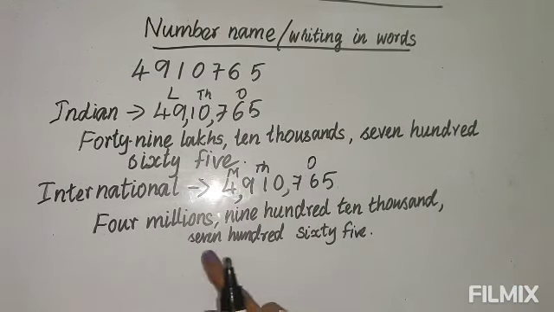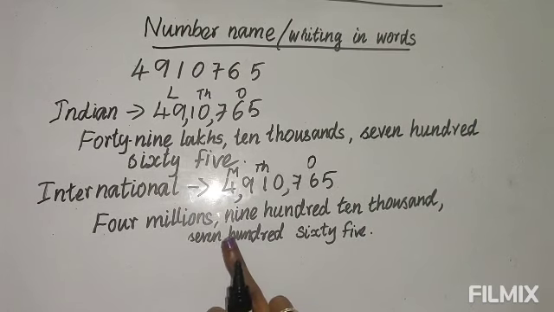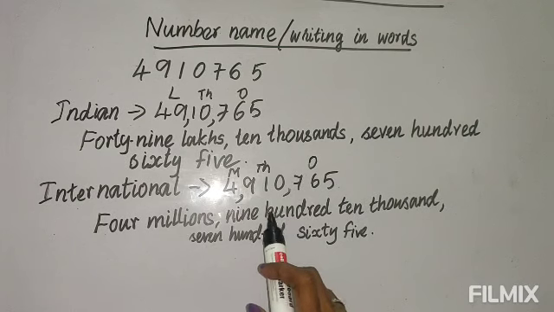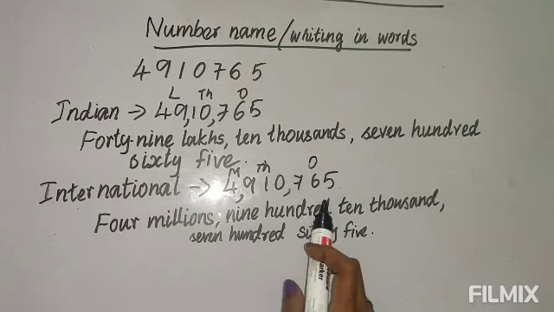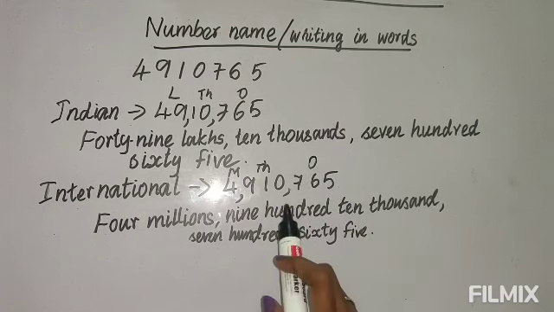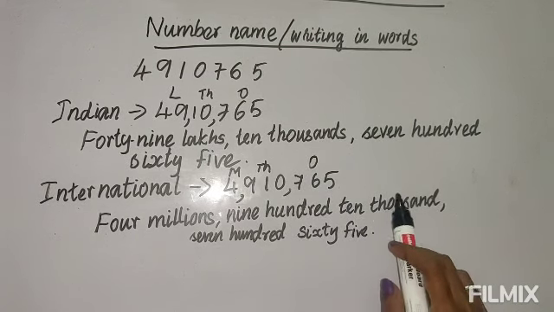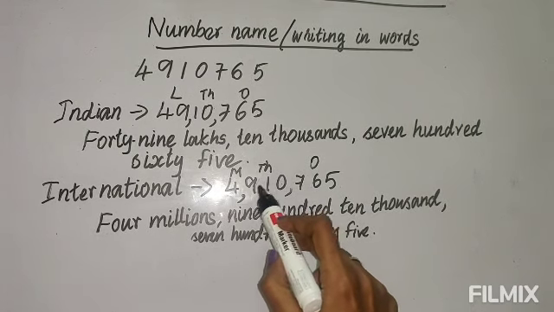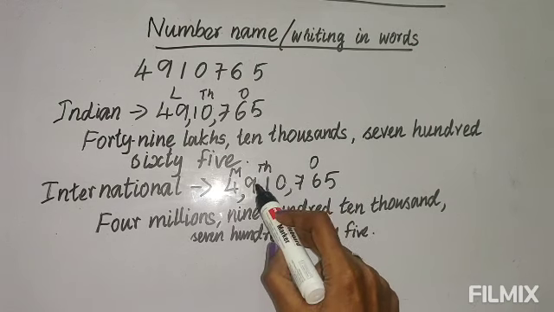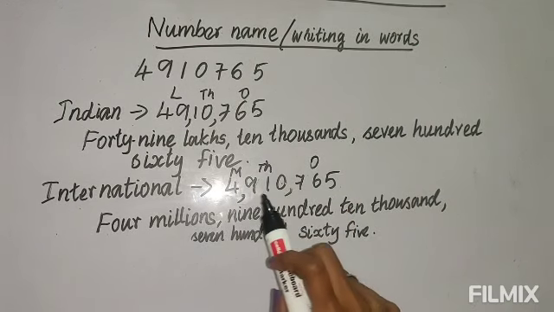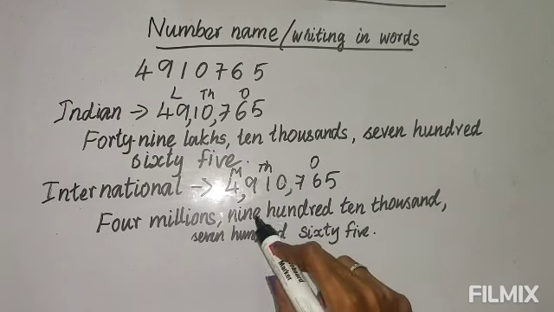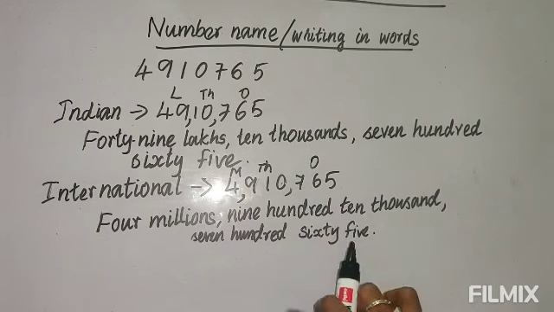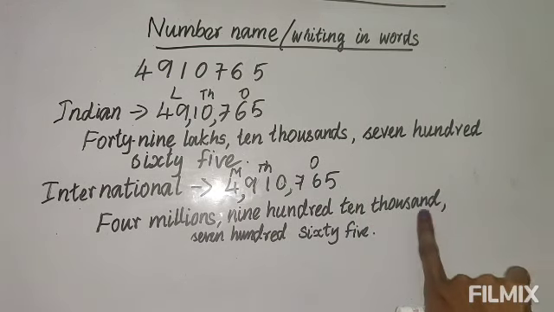In the international place value chart, when they write the number name, children make a common mistake here, with this 100. Sometimes they write 900 thousand, again 10 thousand. The period you write only once, at the end. First you write the number in words, 910, then last you write thousand. They write the period name in between, 900 thousand, again 10 thousand, so they write thousand 2 times. This period you have to write only at the end.